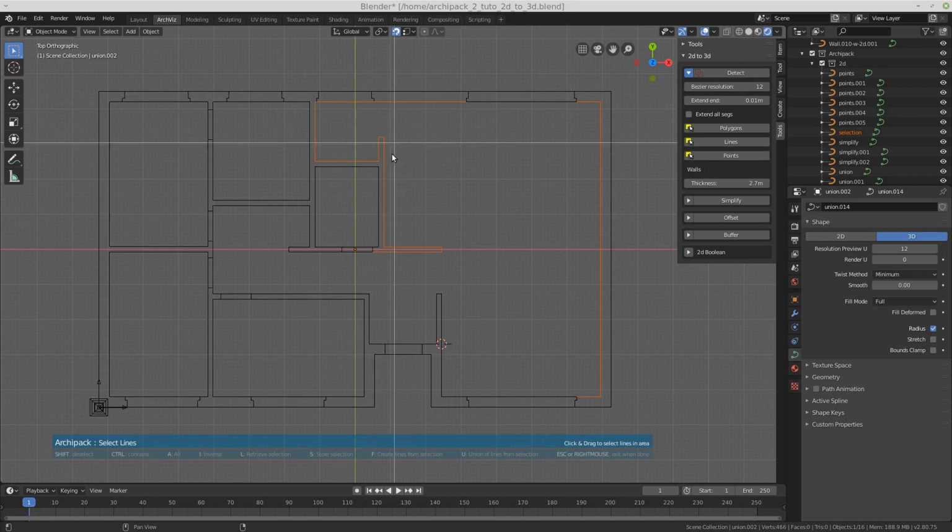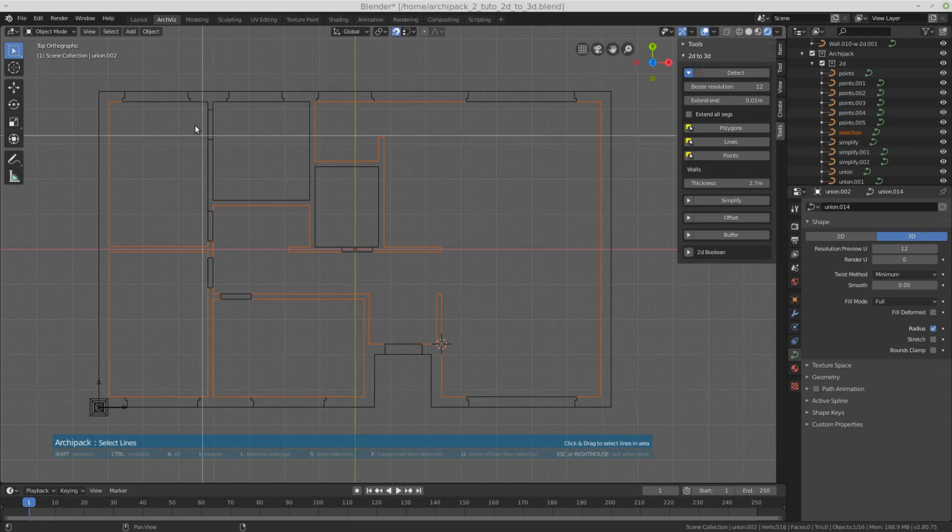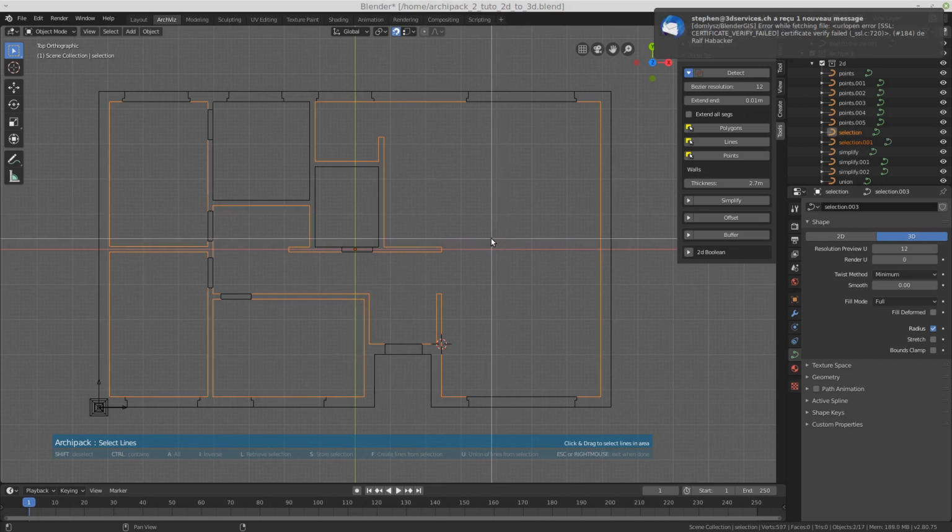The tool will stop as soon as there is an intersection. I'm done. Using the F key in order to create lines from selection, and that's it.